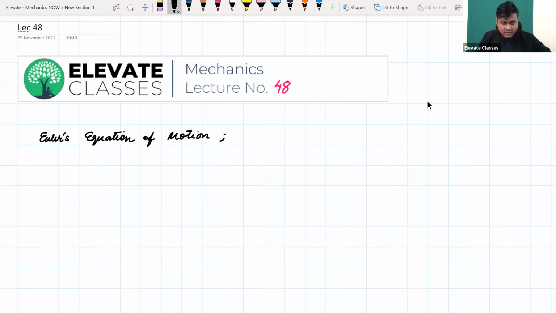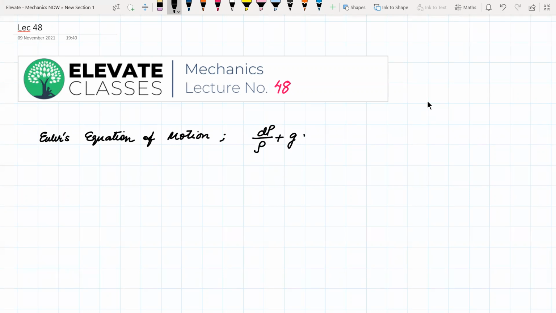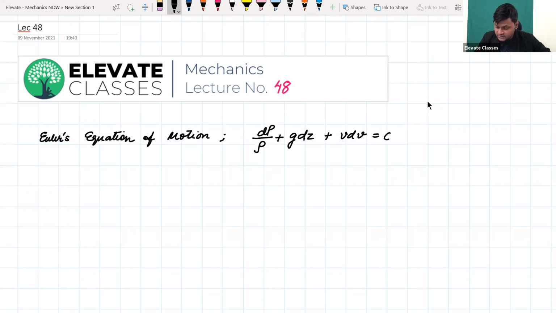It simply says that these individual terms, the change in the pressure upon the density of the liquid, plus g, the acceleration due to gravity, multiplied by the change in the vertical height, plus velocity times the change in the velocity, is equal to 0. This is the Euler's equation that I derived yesterday, and using it we also derived that for a very specific situation